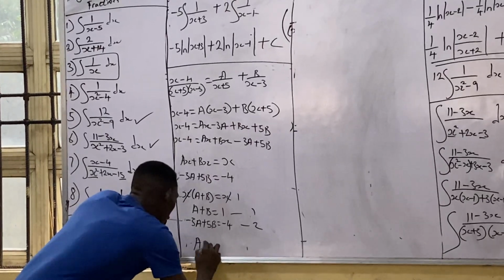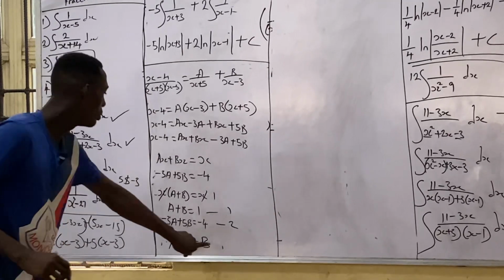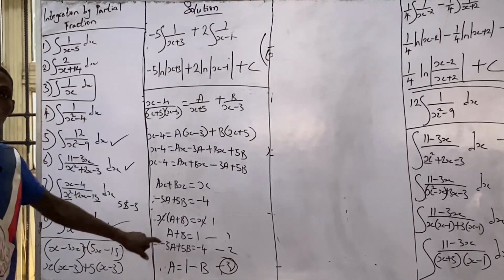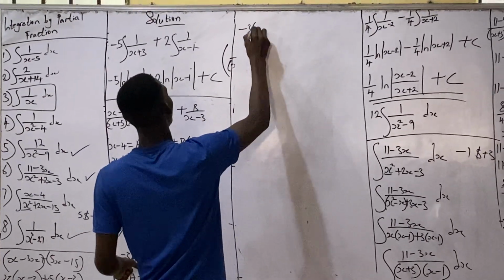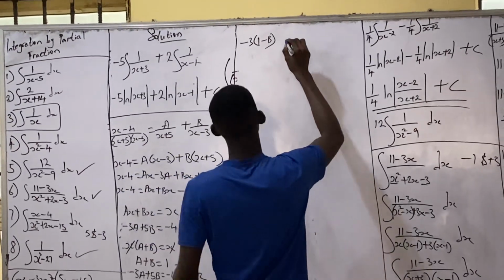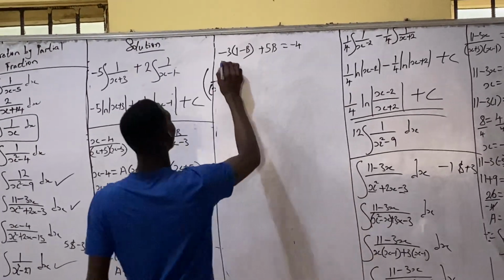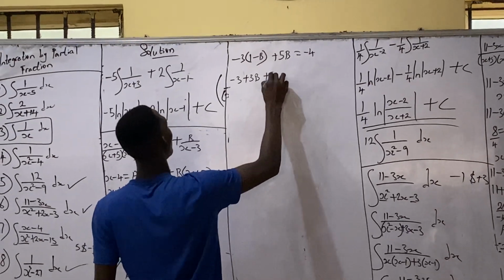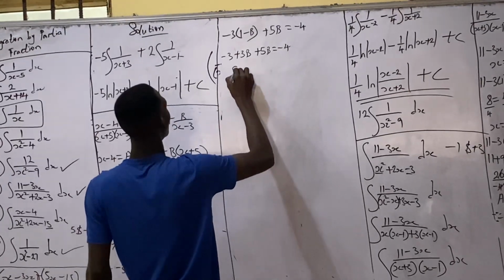Therefore, our A can also be equal to 1 minus B. So if our A is 1 minus B, let's make this our equation 3. We input equation 3 into equation 2 to get our A and B. So this is minus 3 times (1 minus B) plus 5B equals minus 4. So this is minus 3 plus 3B plus 5B equals minus 4. Now this will give us 8B